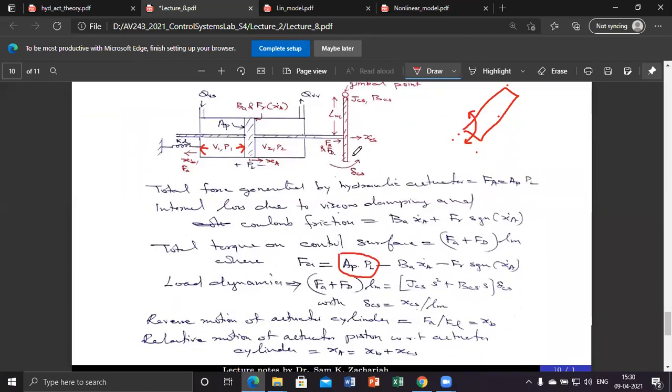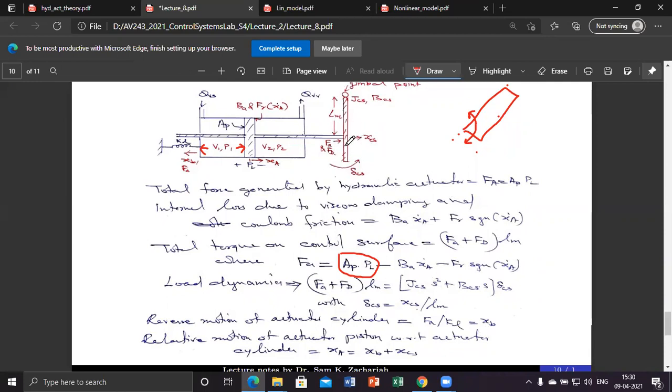Now, come to the control surface. In addition to this FA, there is another force acting on the control surface called FD, due to aerodynamic forces. This is the aerodynamic system. While the aircraft is moving forward, because of the drag or various other elements of aerodynamic interaction with the control surface, there will be force. Let us represent it as FD, and we give the same sign convention when we define FD. So FA plus FD will act